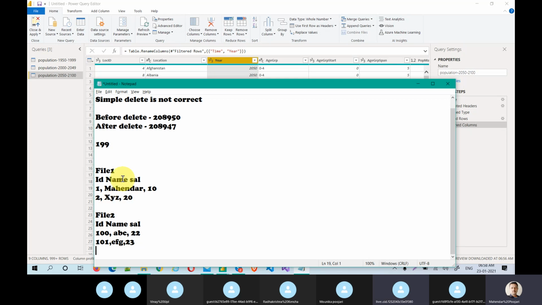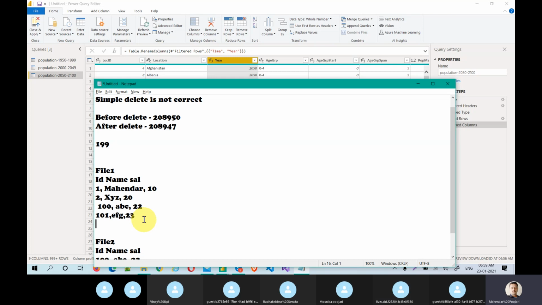Merging is a different word, but I can append the data. If I do append, these two records will come here simply, not the header, but only the records.